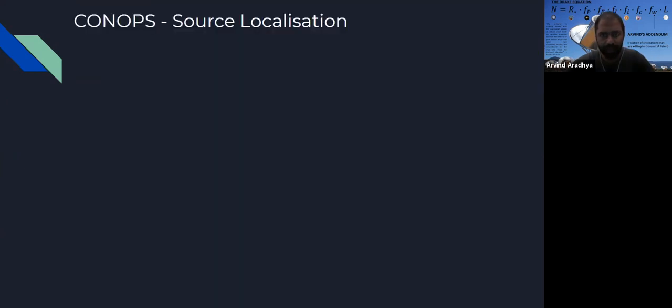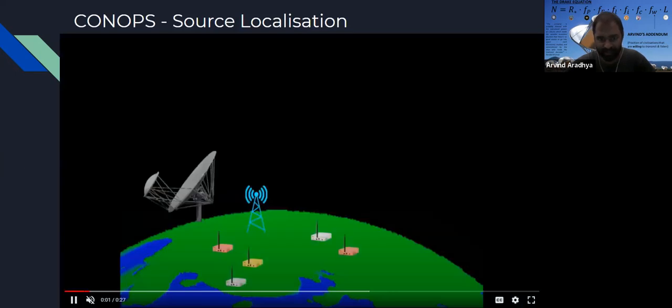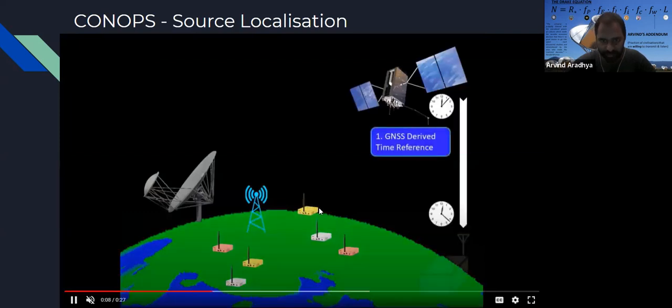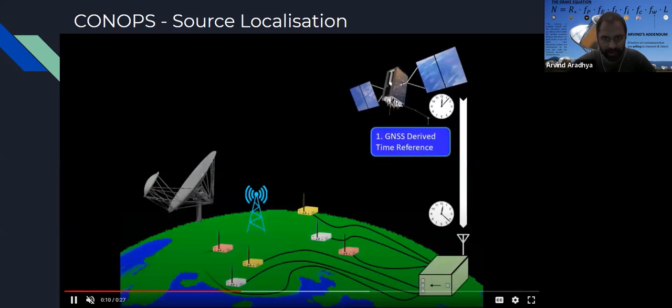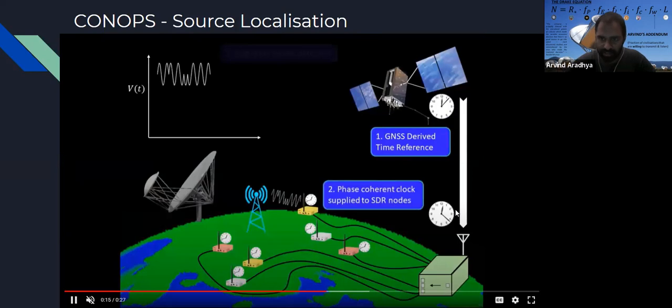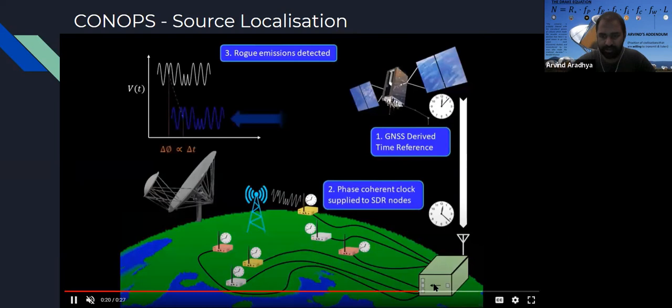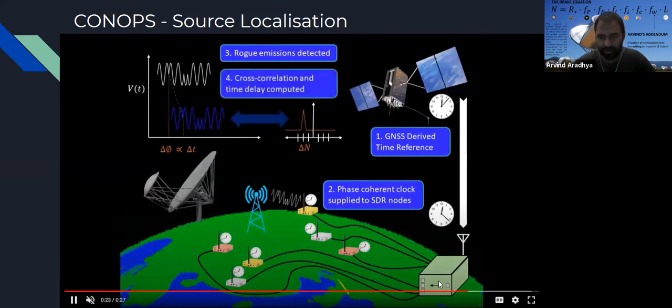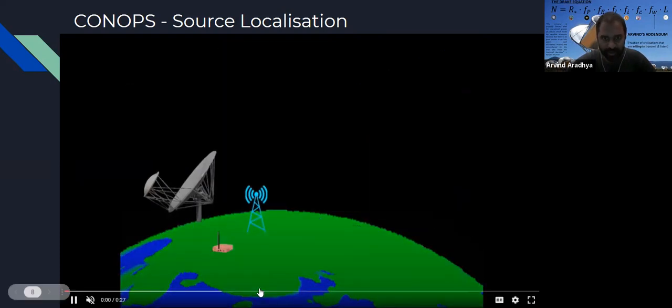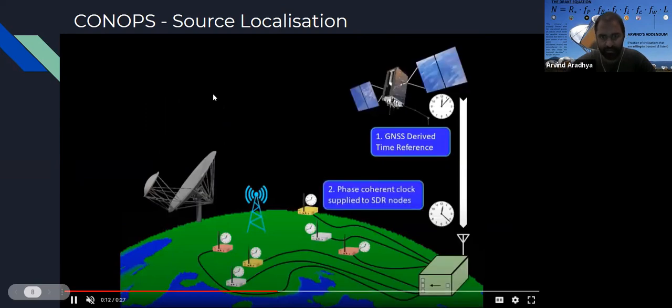The second thing that we want to do is, once we actually detect interference, we want to be able to figure out where it is. So these are the software-defined radios that I told you about. This is a telescope that we're trying to protect, and this is a GPS satellite. The GPS satellite gives you a clock, essentially. That's what it's transmitting. And once that clock comes over, we use that as a really precise time standard. We send that time standard on to your different software-defined radios. And what we do, I'll play that again, is we record the arrival time of a particular wave.